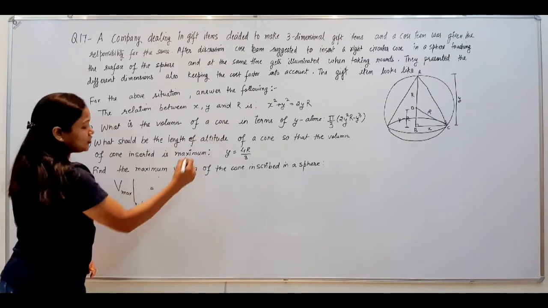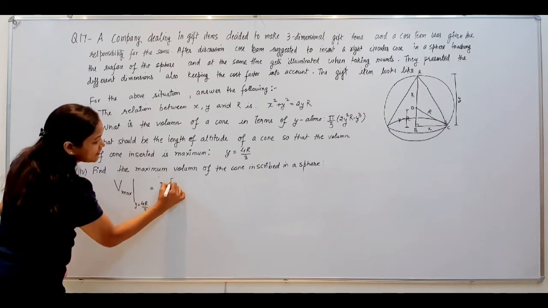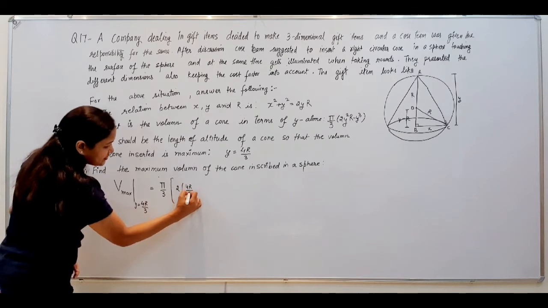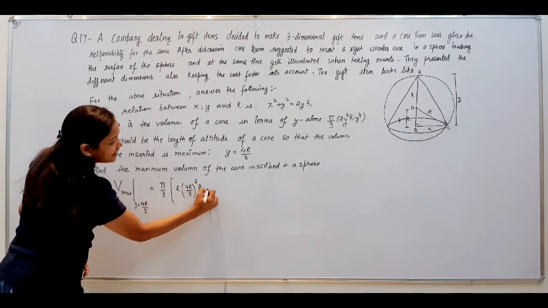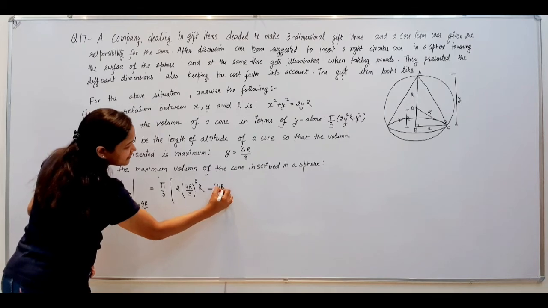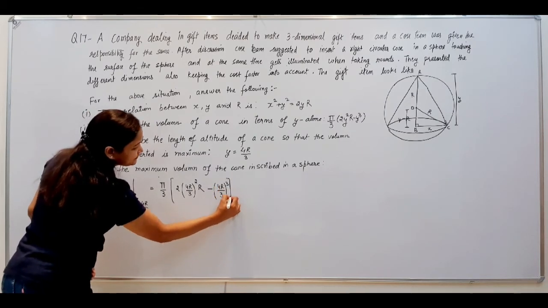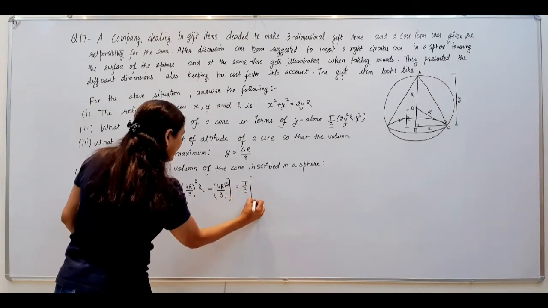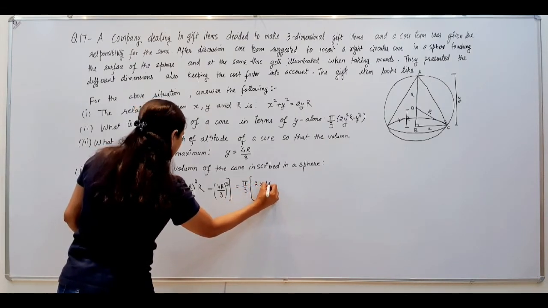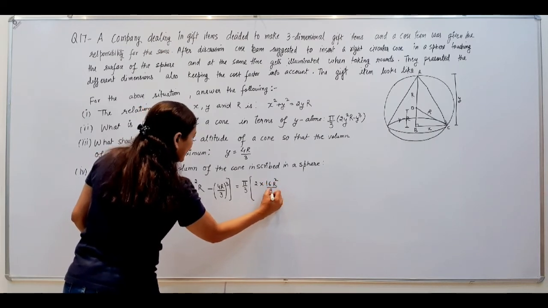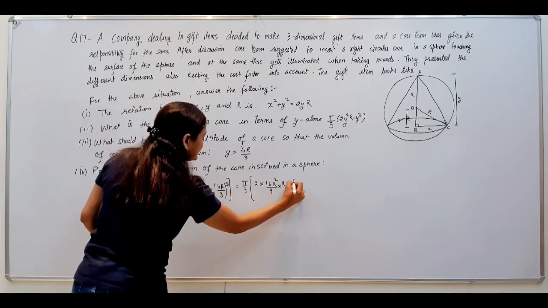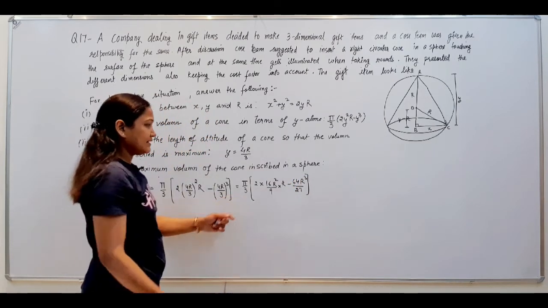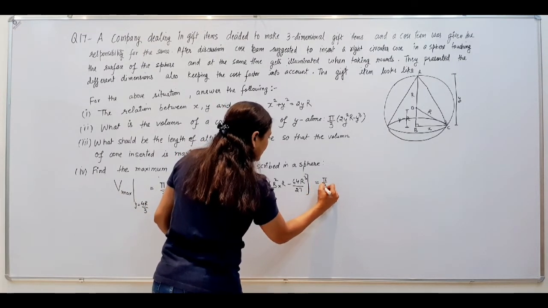So your volume is pi by 3 into y square, that is 4r upon 3 whole square, into r minus 4r upon 3 whole cube, and this will be equal to pi by 3 into 16r square upon 9 into r minus 64r cube upon 27, and this will be equal to pi by 3